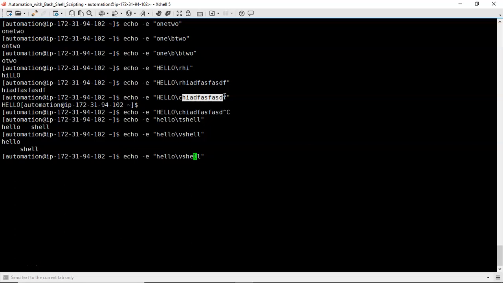And one more thing, last thing, suppose if I write two slashes here, then see the result. If you want to escape the purpose of your special characters, your backslash characters, then before that character you have to write two slashes so that it won't execute. It will skip and will display as it is. That's it.